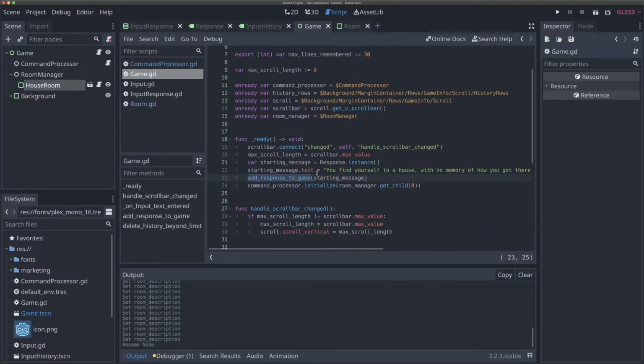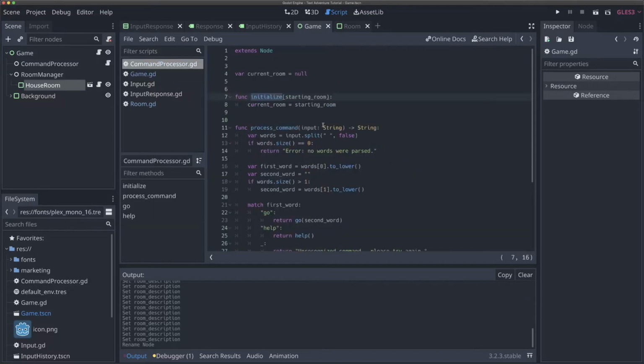In order to make that change, we need a way for our command processor to tell our game, hey, there's a new response that has come based on whatever the player just outputted. Right now we really care about moving rooms, but there's a lot of things that are going to need to happen with that. It might be an item to respond and say, hey, the player picked up this item. And so we want to provide an easy way for our command processor to tell our game that there's a new response that needs to be